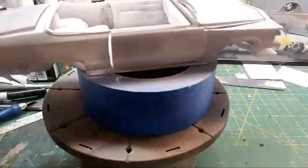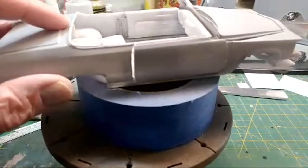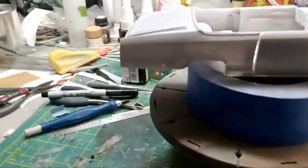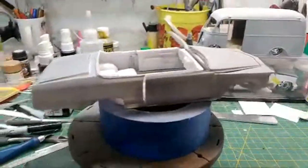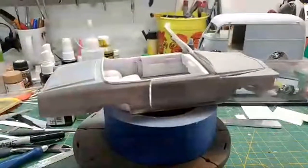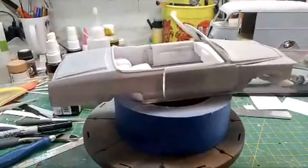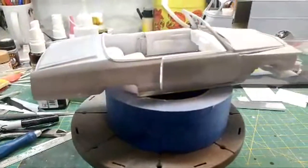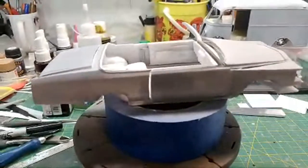I've been working on the Cadillac Lowrider kit. This one here. You can see it's a convertible. In the process of making a convertible,